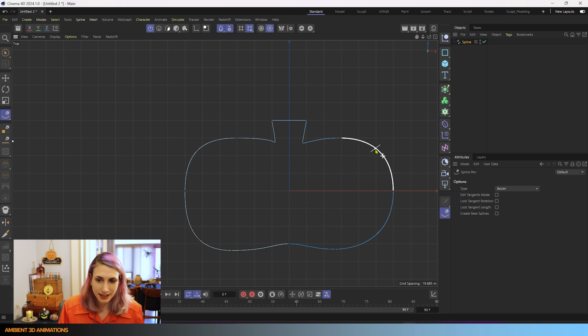And then you can just click while holding Control, Command on Mac. And once you do that, you'll add in a point. Now let's say you want to remove that point. You can again do that while you have the tool activated by hitting Control or Command, and it'll delete that point. I'm going to hit undo here to keep that same curvature.